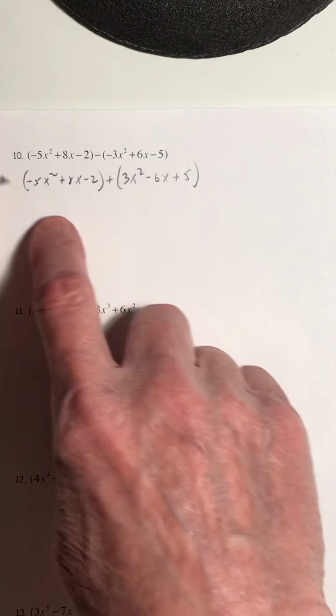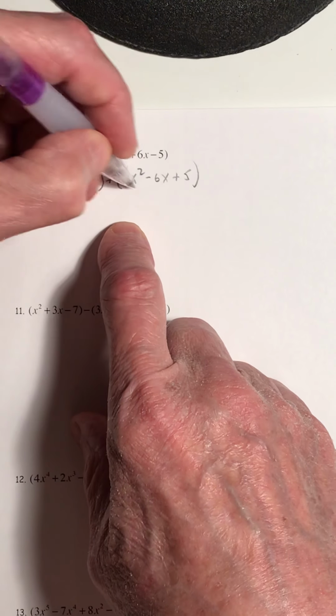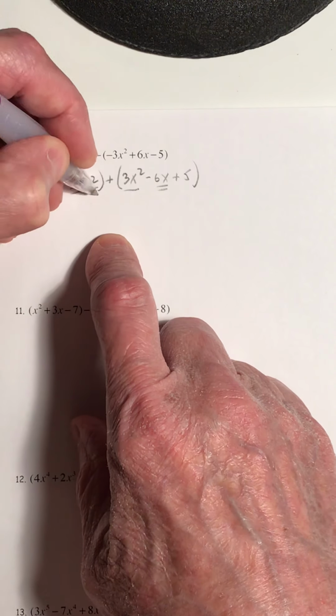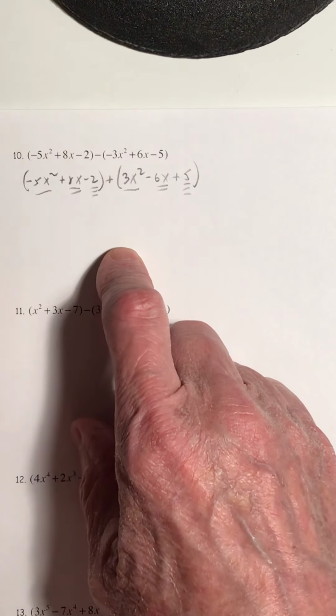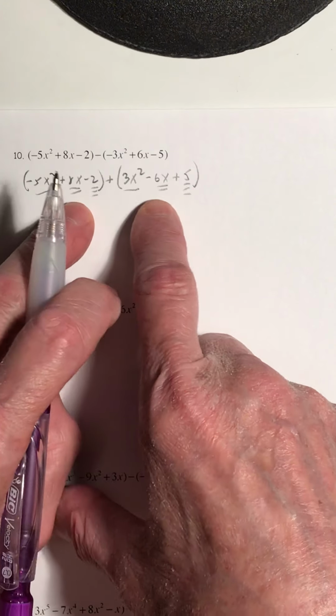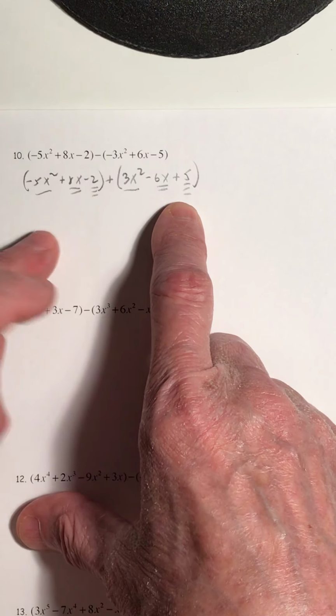And I'm going to do this horizontally. These get combined, they're like terms. These get combined, they're like terms. And these get combined, like terms. There's my little single, double, triple underlining system to mark the like terms, spec everything out so I don't make